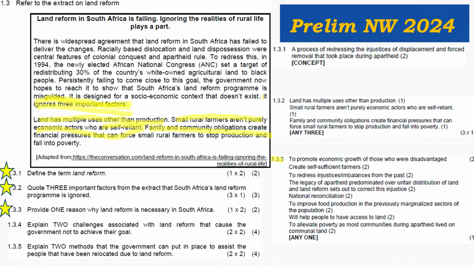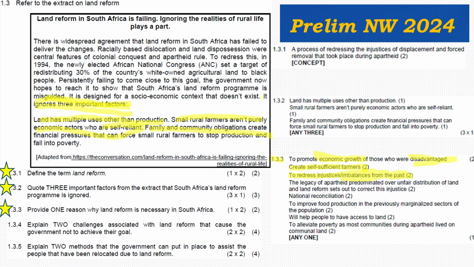Provide one reason why land reform is necessary: to promote economic growth. Remember, we want to shift away from subsistence to commercial farming. Economic growth of who? Of people who were disadvantaged in the past during apartheid. It is to create self-sufficient farmers, to redress the injustices from the past. Remember, we were fairly disadvantaged in the past. The legacy of apartheid